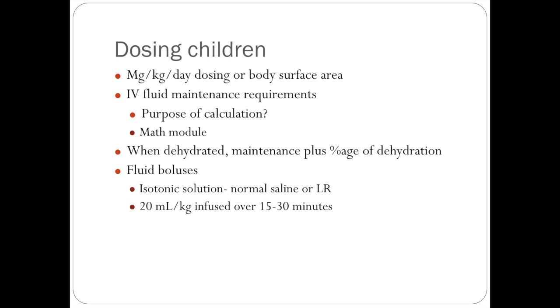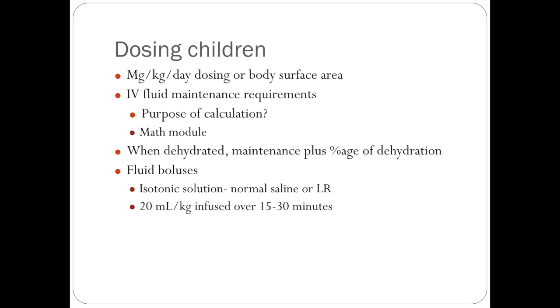When we administer IV fluids to a child, we calculate what their IV fluid maintenance requirements are. We first do it as a 24-hour total, and then we divide the 24 so that we can get the hourly requirement. So if you calculate this early in the morning, which you should do every single day, and you find that a child should be getting only 15 mLs per hour, and you go in and you look at the pump and it says 30 mLs per hour and they've been on it all night, you need to assess that child